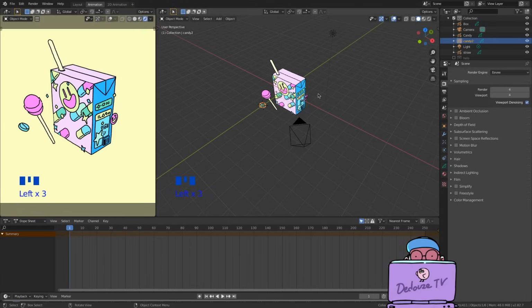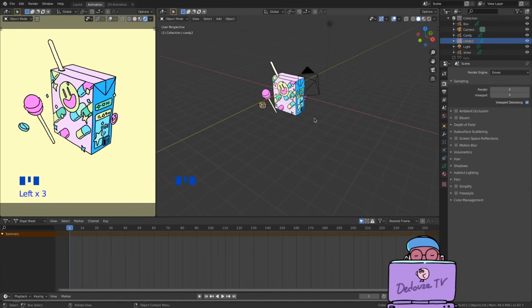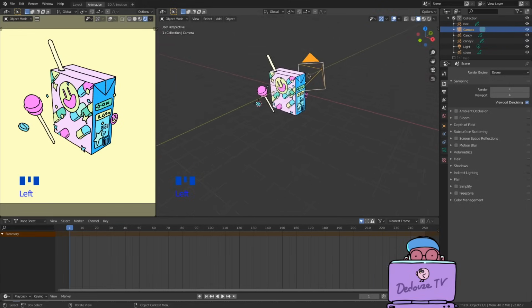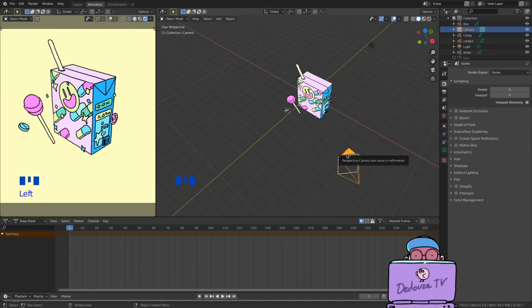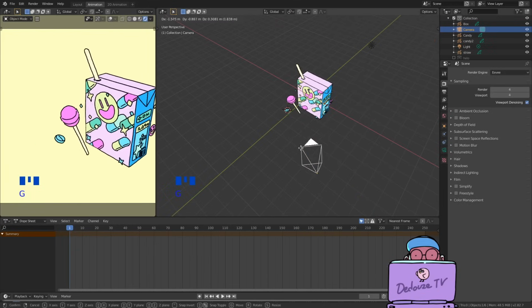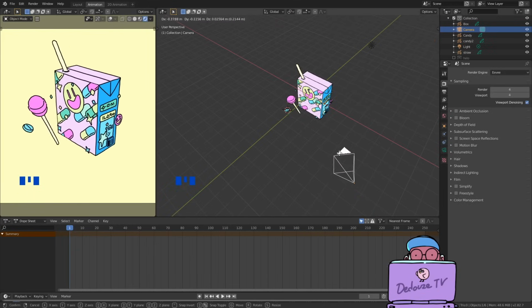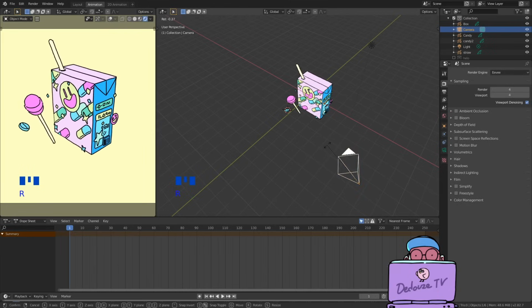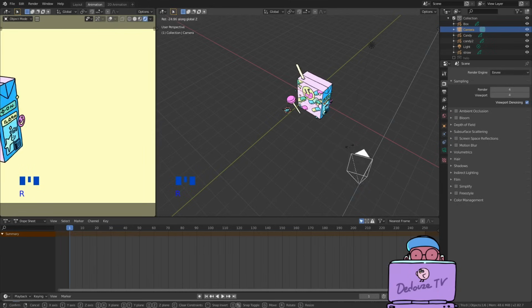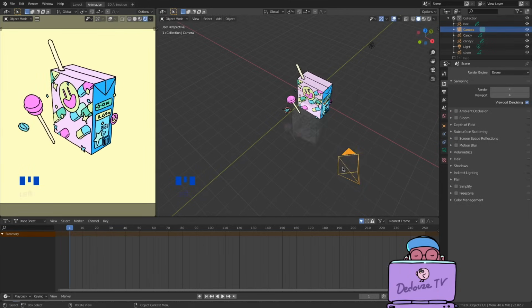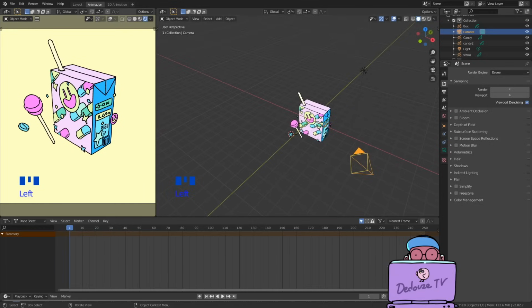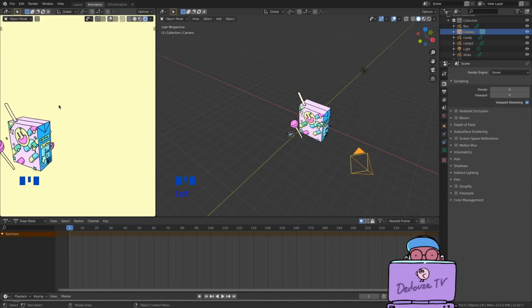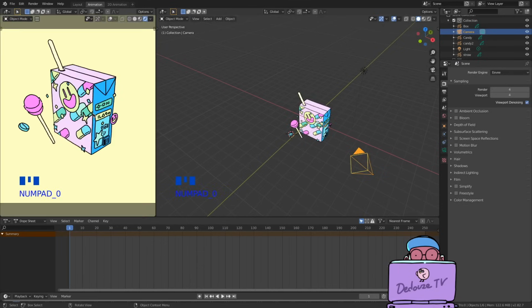On the right part, you can select the camera. It's this object here. If you don't find it, just zoom out. And if you select the camera and press G, you can grab it and see the result on the left in real time. You can also rotate it and do all the transformations we did before on the other objects. If you accidentally rotate the view on the left part, you go out of the camera view. So to go back to the camera, just press numpad 0.